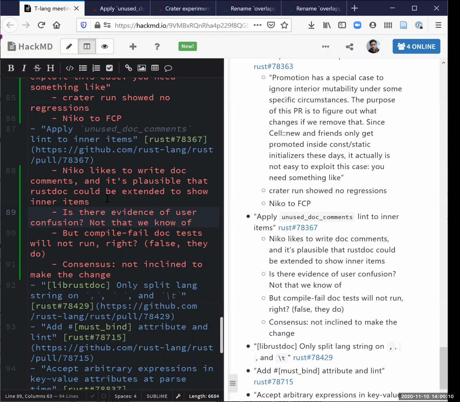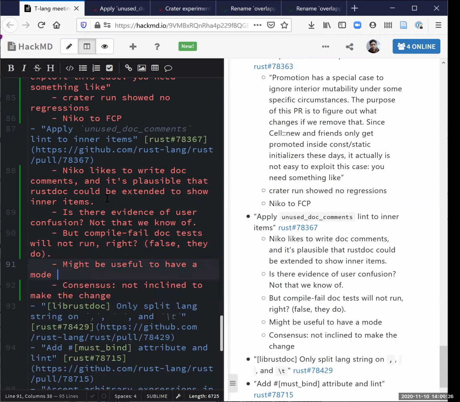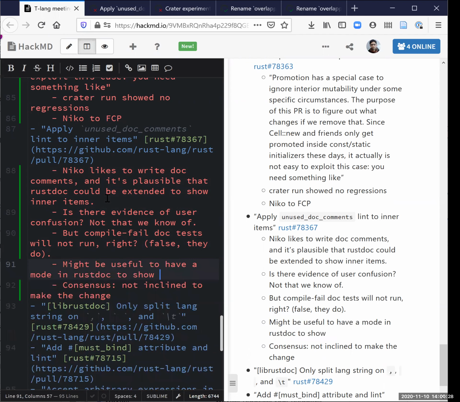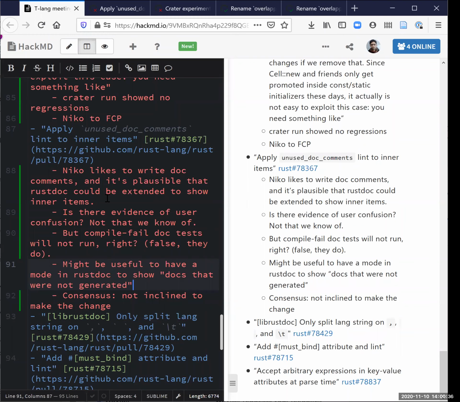Okay, so the reason why I asked that is because I would perhaps be inclined to having some sort of feedback from RustDoc itself, not necessarily a lint, but some way of it saying, by the way, hey, I encountered this and that which I didn't generate docs for, in case you care, right? That's something that someone using RustDoc might find useful while not impeding the people who are using RustC. I tend to agree. Sorry, I gotta drop. Yeah, I think we also lack a mode of sort of warnings for people using editors and stuff. That sort of warning is really annoying to silence.